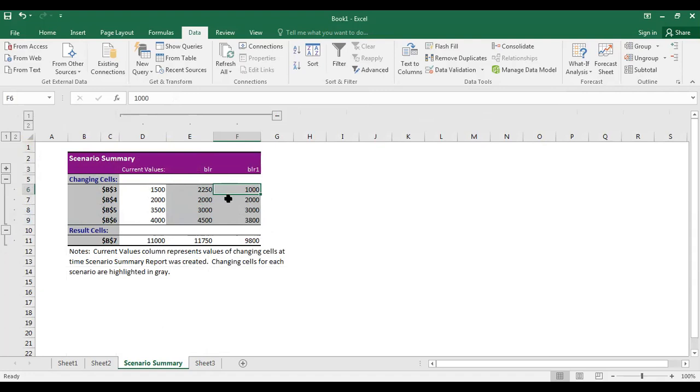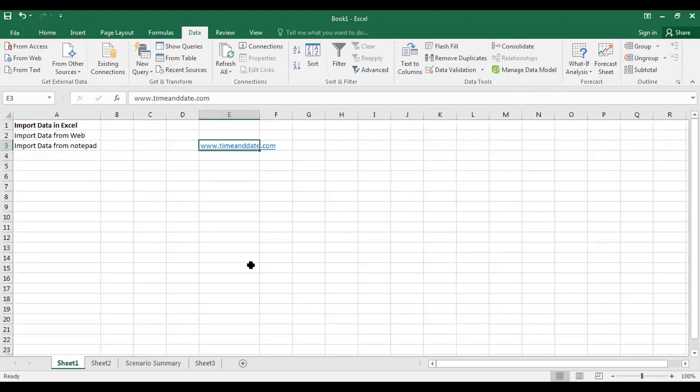Okay, so how you use it depends on you. You can plan for budget, you can work for different departments, and you can analyze by yourself: if these are all the investments or expenses, if I do this, what will be my total sales, total profit. So all this you can compare, and that is the purpose of scenario manager. Okay, so next we will move on to the next option.